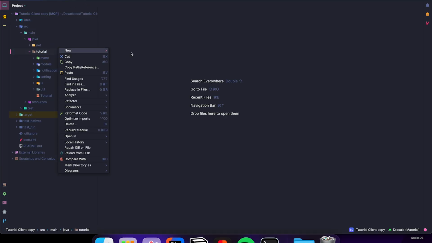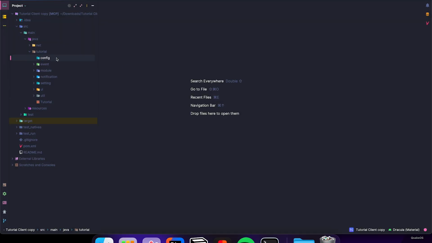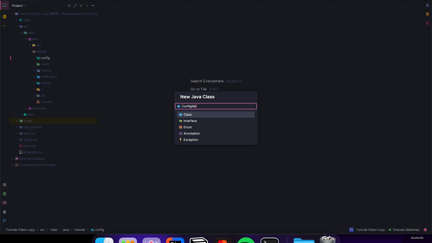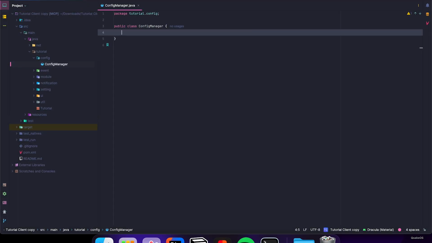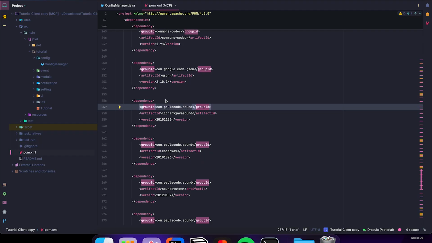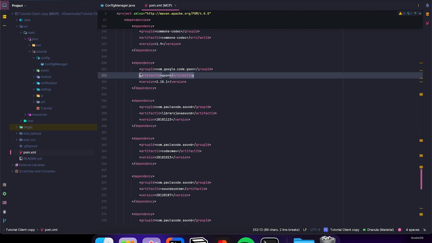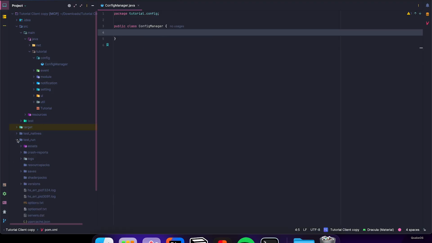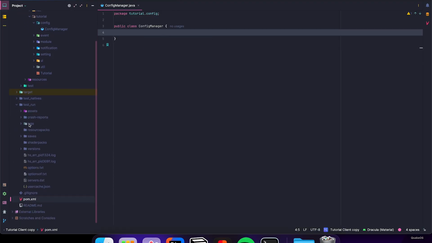So we're going to make a new package named config, and let's make a config manager. Great, so in our pom.xml we have the Google JSON package right here that we added in part 1 from com.google.code.json. We're going to be using that to create a new JSON file instead of test_run. Now the cool thing about what we're making is it'll automatically detect the root directory for Minecraft. So even if we export this and this is running in, for example, AppData, Minecraft, whatever, it'll automatically find